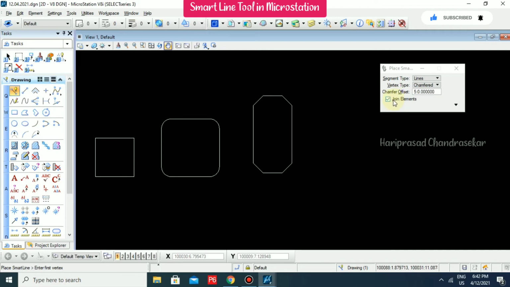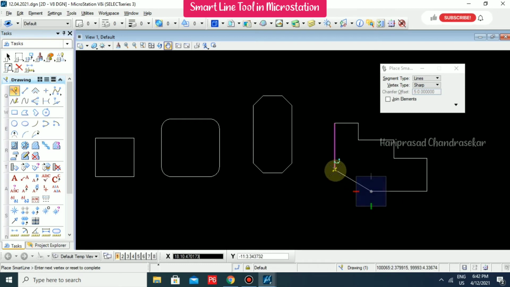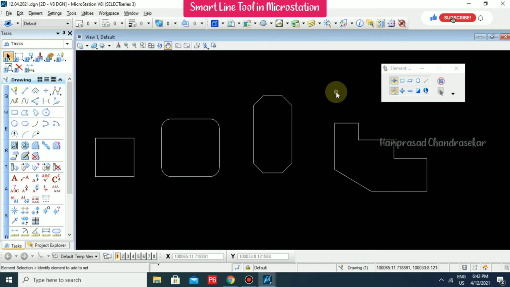Now because of this join element, altogether it joined. So now I am just removing the join element, and I am just going for sharp. Now I am just going to draw like this. So you need to press escape once to escape out of the command.